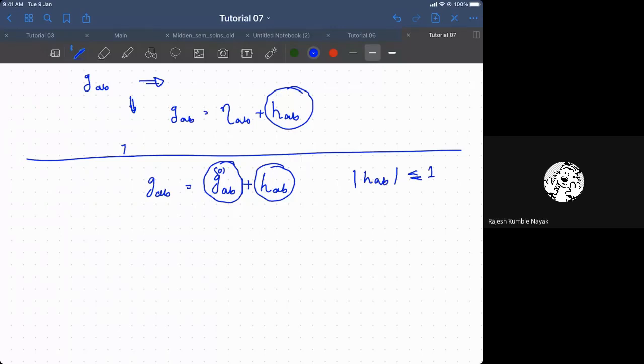So you have a background metric which need not be Minkowski; it could have a curved space in the background instead of Minkowski, and then you have a field on that, and that is a way of doing what you call quantum fields on curved space-time. So that is another approach which people take when studying quantum fields on curved space-time. So these are two approaches, but in the first you have flat space as your background.